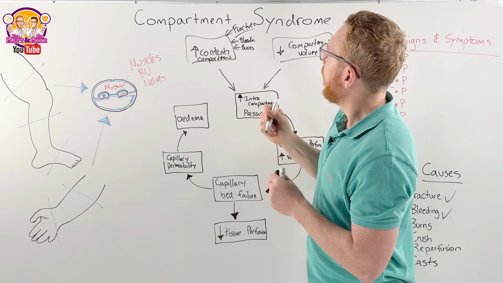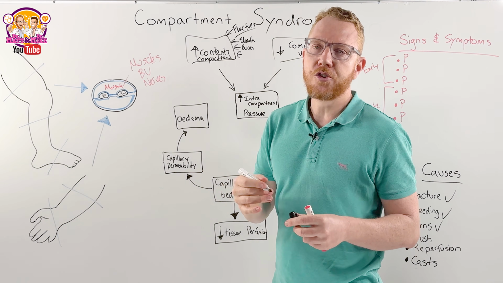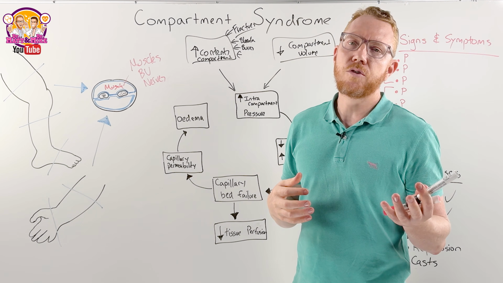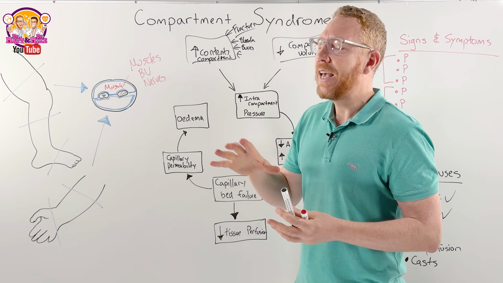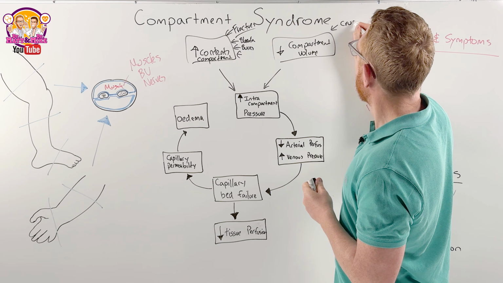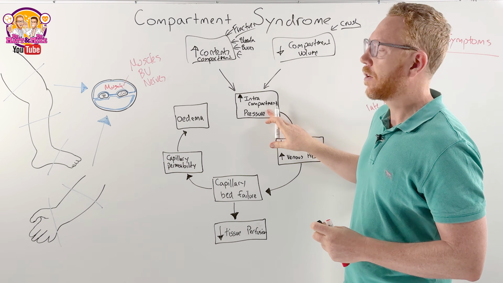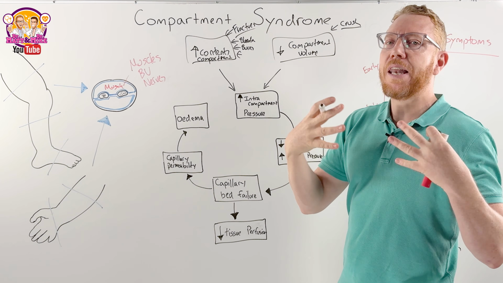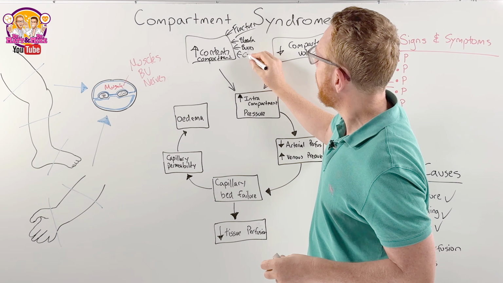So we've got burns. We'll tick that one off. We can also have crush injuries. In some cases, like motor vehicle accidents or industrial accidents where machinery is pressing on the limbs, initially that would be a decrease in compartment volume. So you could say the initial crush decreases the compartment and increases the intra-compartment pressure, but as the crush is released, so we take the crush off, we're going to also see inflammation